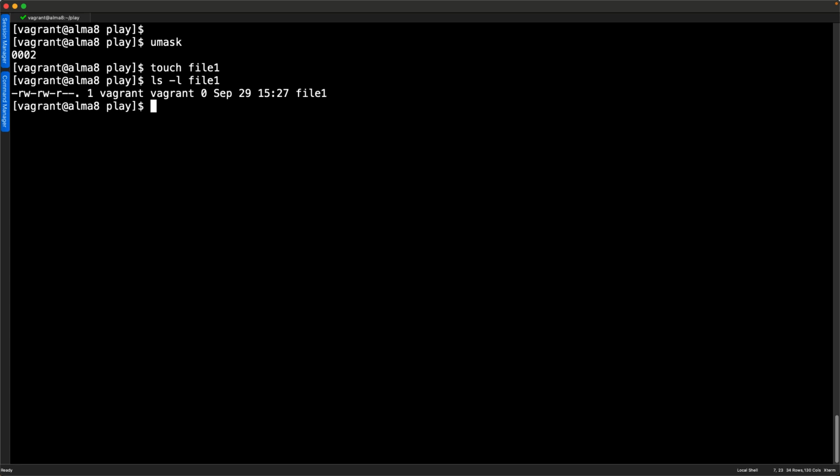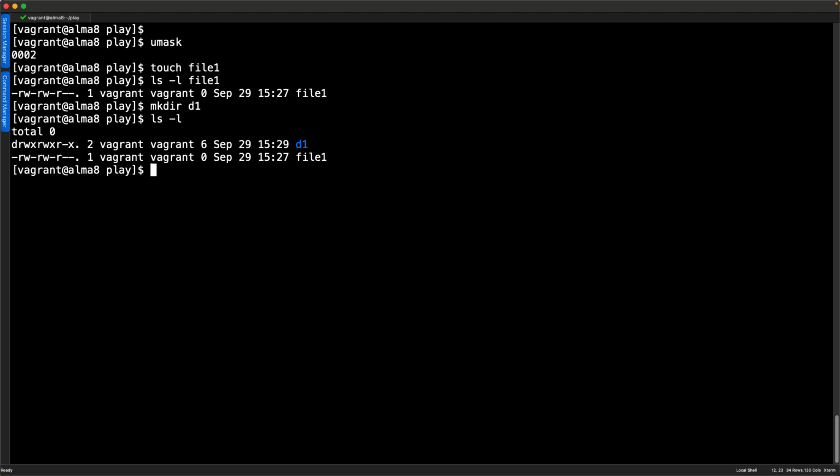When I create a directory, the same thing applies. Permissions aren't cumulative. But let's take a look with mkdir and then dir1. If I run ls -l, we'll look at the complete directory now. We can see the permissions on the directory and the file are not the same. A file does not get execute by default, and that's by design. Whereas having execute on a directory allows me to enter the directory. So it does default to giving the execute permission to a directory.